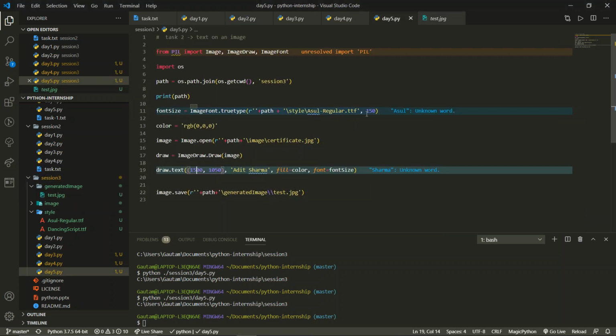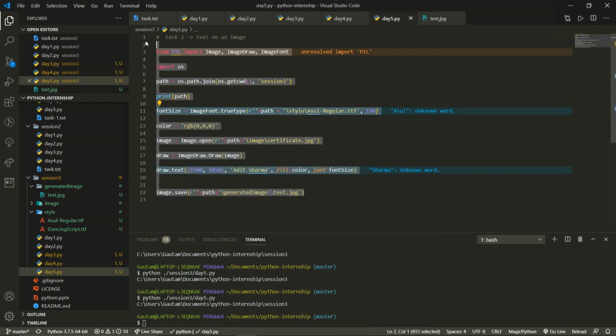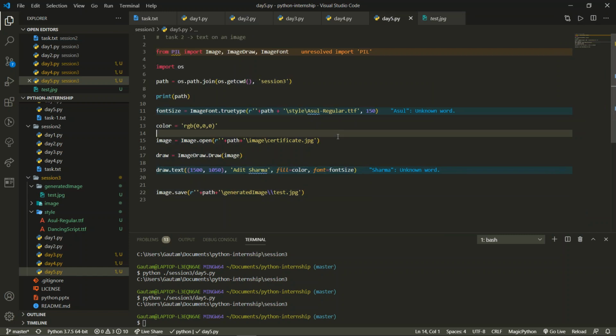This was only the lines of code that you need to do. It was a very short code, but very complex to understand. So now let me know in the comment section, how did you feel about writing text on an image? Just let me know in the comment section. Did you learn this? Did you understand this? If you have any queries, just put them in the comment section.